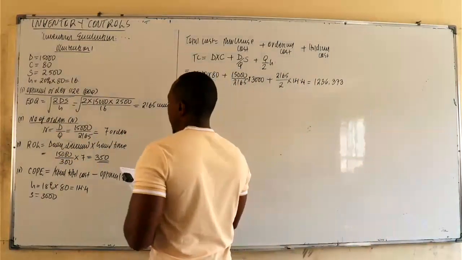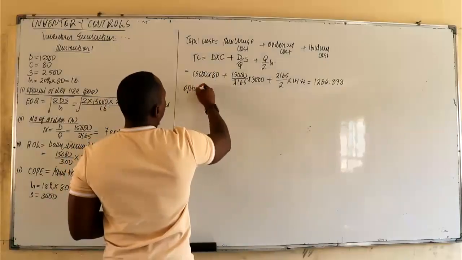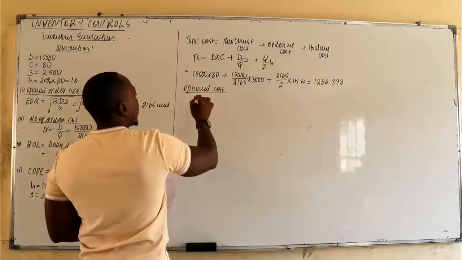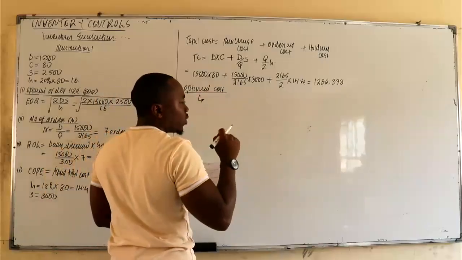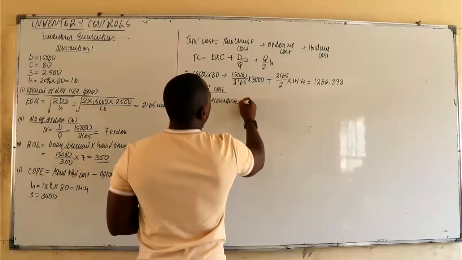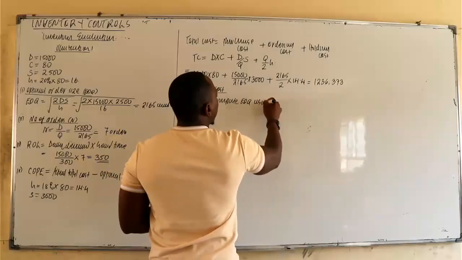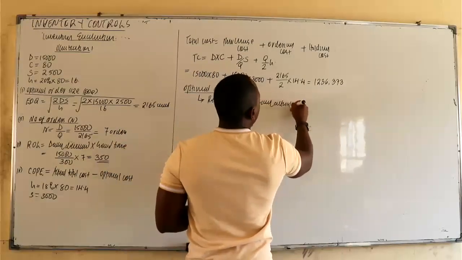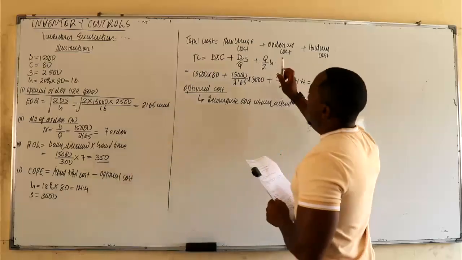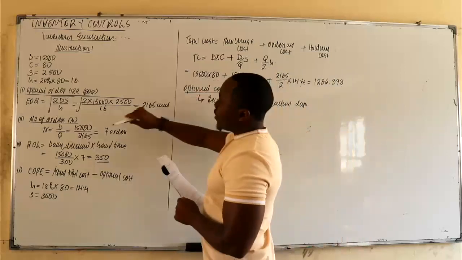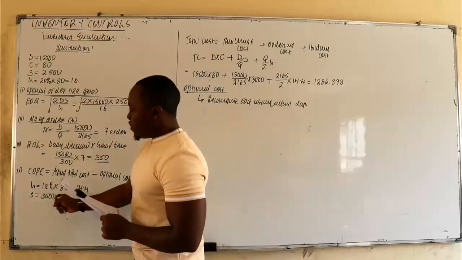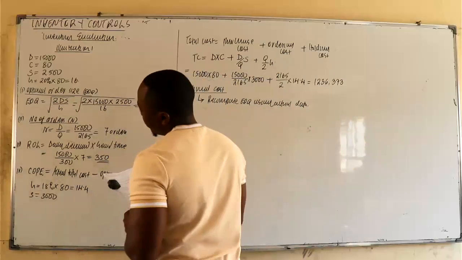Then you compare that against the optimal cost. Now, how do we get the optimal cost? For us to determine the optimal cost, you need to recompute your EOQ using the actual data. See, in this case, when determining the total actual cost, for our EOQ we used what we had computed. But now, to determine our optimal cost, you recompute the EOQ using the actual data,